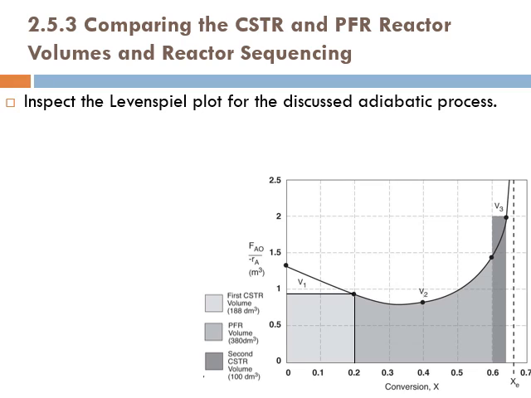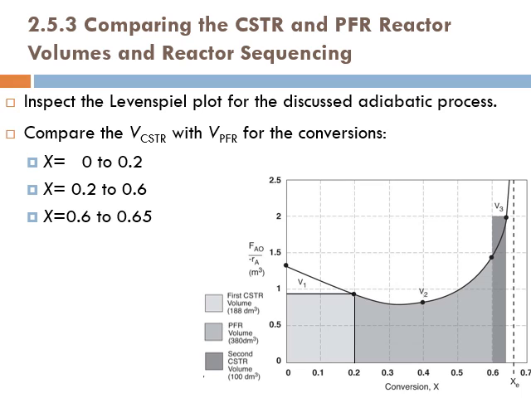Okay, now let's go to another topic, comparing the CSTR and plug flow reactor volumes and reactor sequencing. So let's inspect the Liquid-Phase plot for the discussed adiabatic process. Let's compare the volume for CSTR with the volume of plug flow reactor for the conversion ranges of, here we have 0 to 0.2. So from 0 to 0.2, which volume would be less? Well, you guessed it right. The volume of a CSTR is less than the volume of plug flow reactor, right? Just by comparing the area. Okay, from 0.2 to